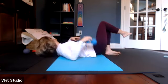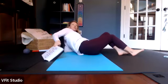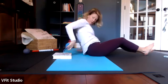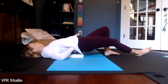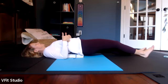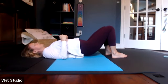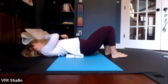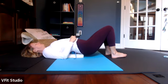Another way would just be to find, if you have a yoga block, works great, but in this position, it's not as big of an arch as your neck. So even just a book. So this book is maybe 2 inches thick, whereas a yoga block maybe 4. And I can just place the balls on the book, lay over it, and that little bit of height presses those balls right into the arch of my back. Now I have kind of a little bit more of an excessive arch. Some people's back's a little bit flatter, so you might find you don't even need to raise the balls up a bit. But any type of little book, you know, maybe 2 inches, maybe 1 inch, just depending on your body,